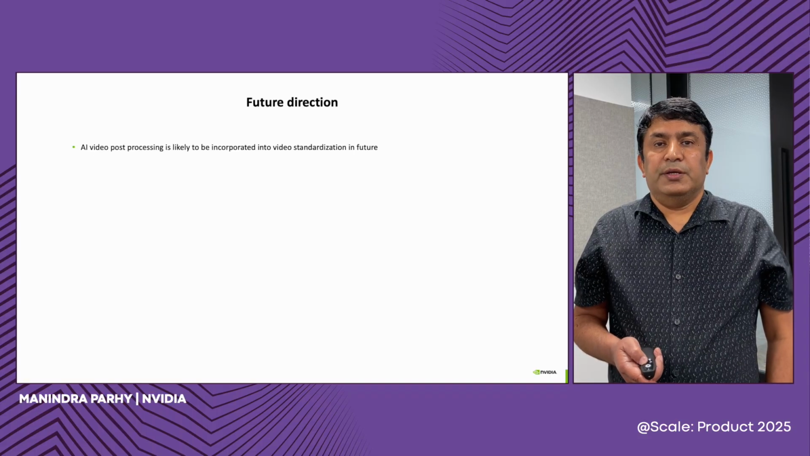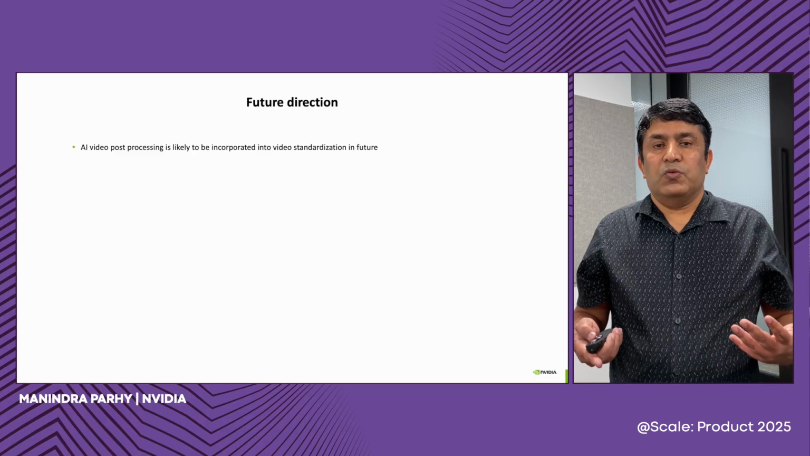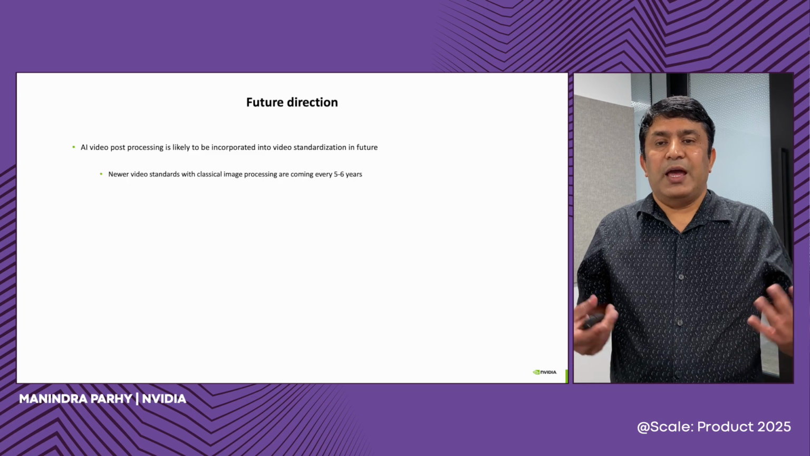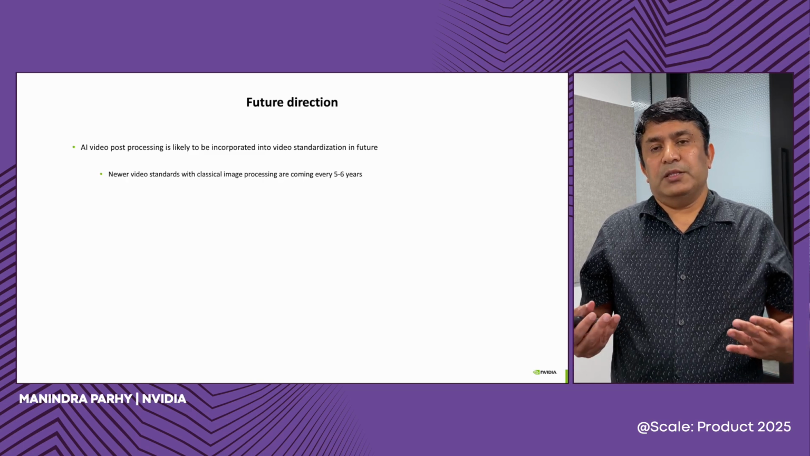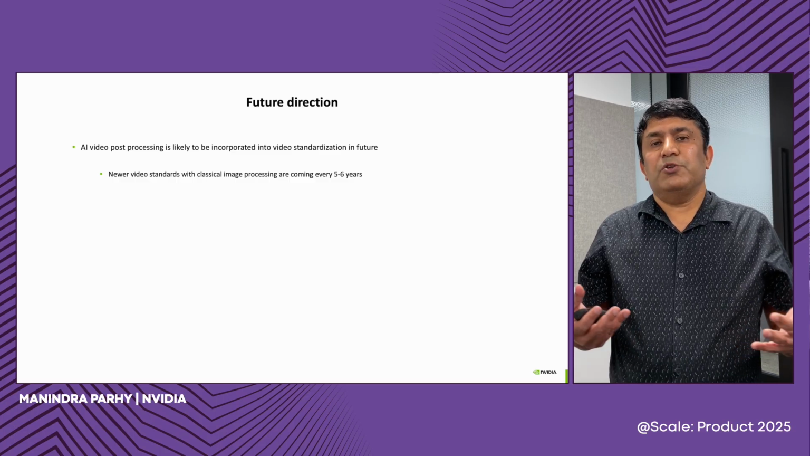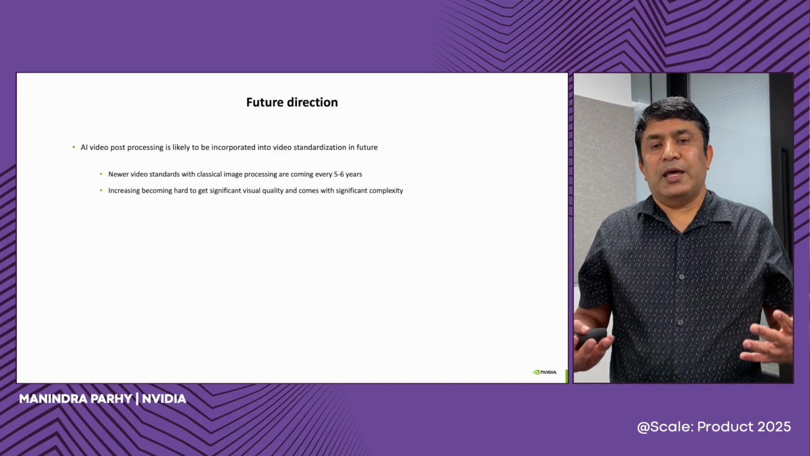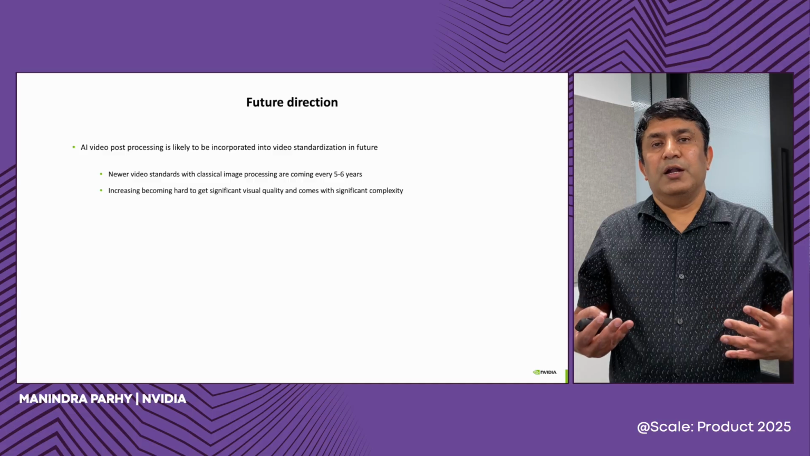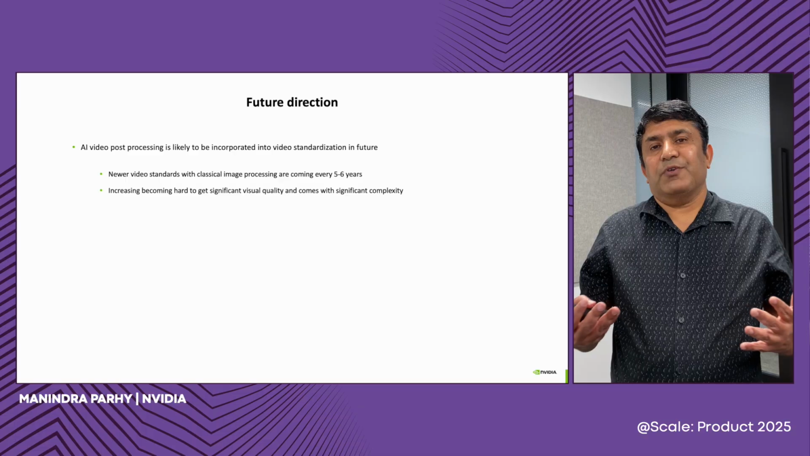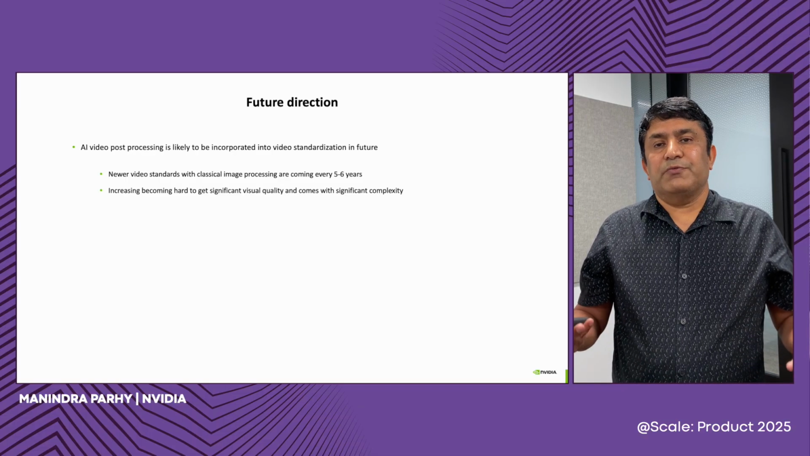So, future direction. We see that a lot of companies are investing in the super resolution area, so it naturally makes sense that it will be part of video standardization someday. We are happy to collaborate. Basically, what's happening here is every 5-6 years a new video standard comes, but these are using classical signal processing algorithms, and it is becoming very hard to get visual gain, and it also comes with significant complexity, which is not sustainable to put all these different codecs into the